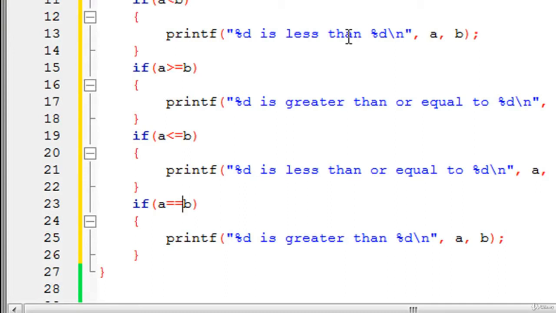So this one would check if the value that's stored in the variable a is equal to the value that's there in variable b, which is not the case. So this printf statement won't get executed with the values that we've given to the variables, but well, it is a relational operator and we have to see it. So %d is equal